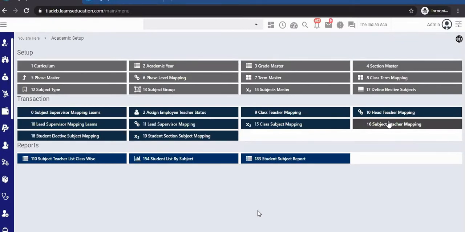This is the academic setup, school setup we will be doing. Once you are done with this, it will hardly take time to finish all your settings for any new academic thing, right from class teacher mapping to supervisor mapping, head teacher mapping, subject teacher mapping, class subject mapping, everything. For students, you only need to do the selective ones.